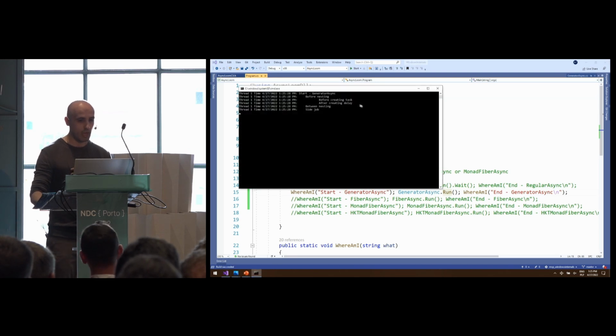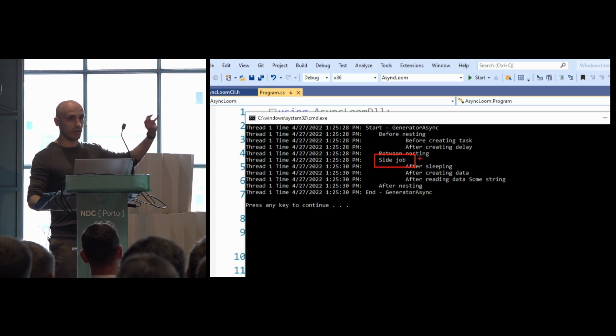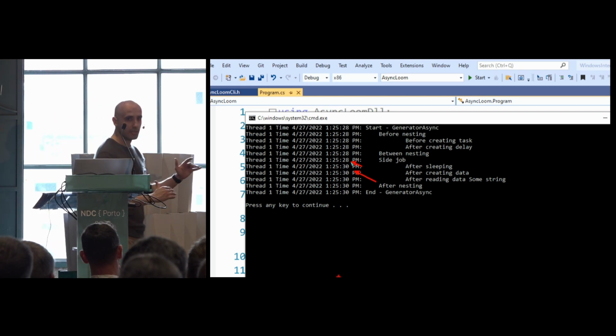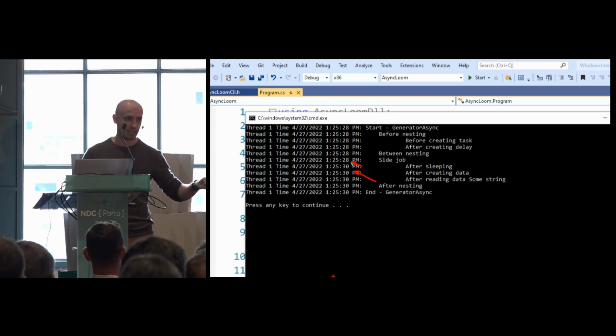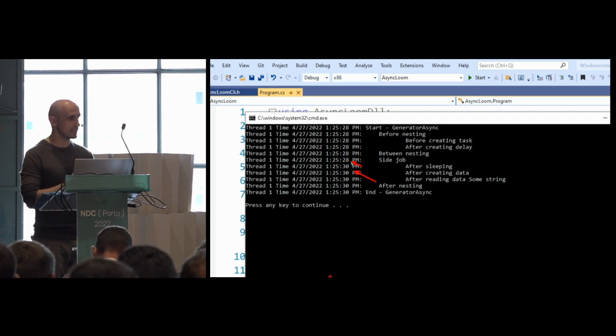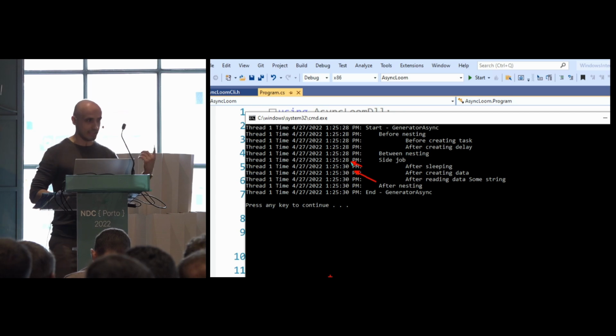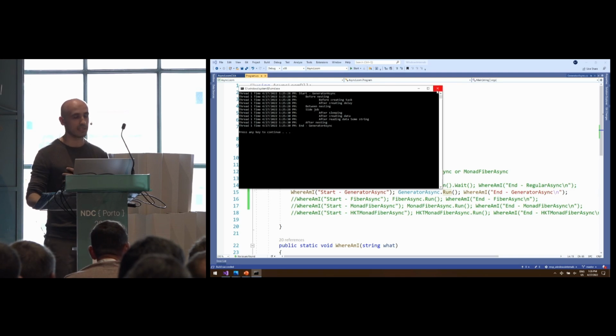Let me just check. Yeah, this compiled correctly. You can see that, hey, with this approach, we can also get exactly the same result. So we are now running with generators instead of async and await. We can get the side job being interjected somewhere in between, and we can get this 2 seconds delay. And this is actually something people were implementing before async and await was introduced to C#. You can go look over Stack Overflow and you'll find people asking, how do I use yield to implement async and await? And they were doing that. So this is something you can implement by hand. And this is the way it's implemented under the hood. All this queuing, all this scheduling is done for you.